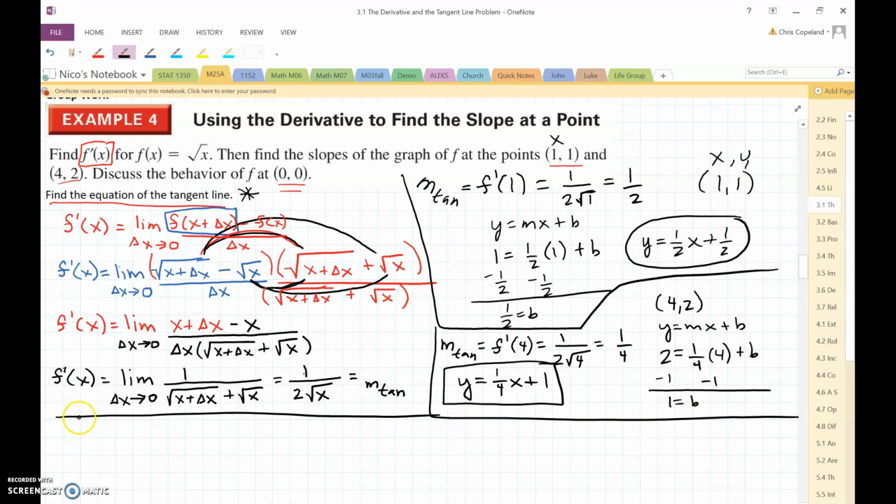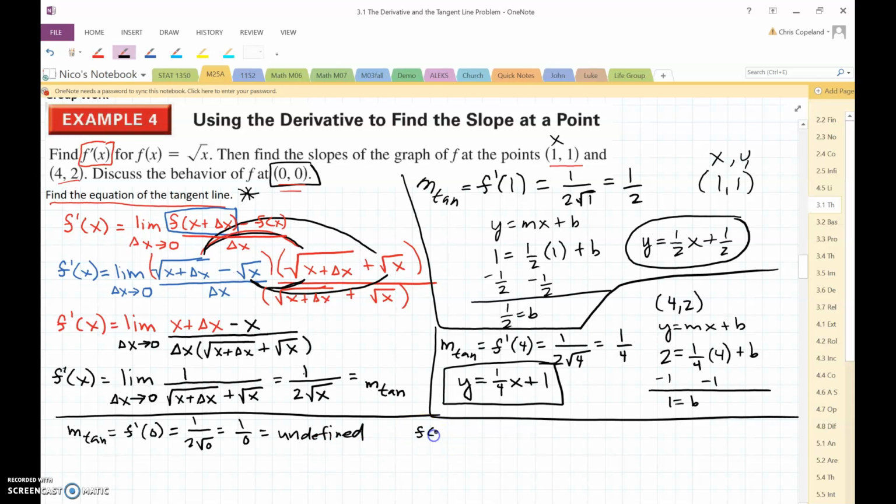Finally, let's look at what the slope of the tangent line would be, f prime at 0, 0. So x would be 0. You would get 1 over 2 times the square root of 0, so this would be 1 over 0, and the slope would be undefined. Since the slope is undefined there, we can't really find the slope, and we can't come up with the equation of the line. Hopefully that makes sense, because if you think about